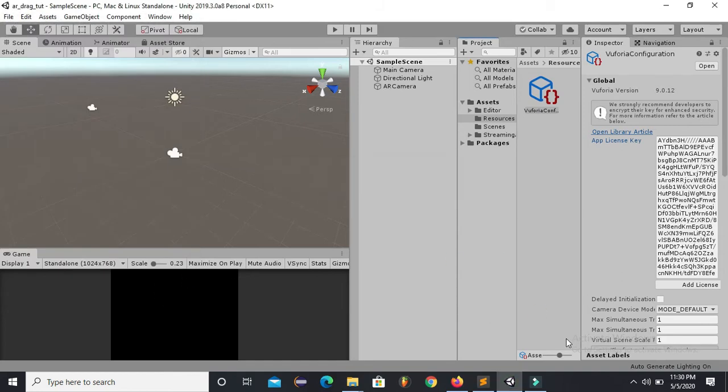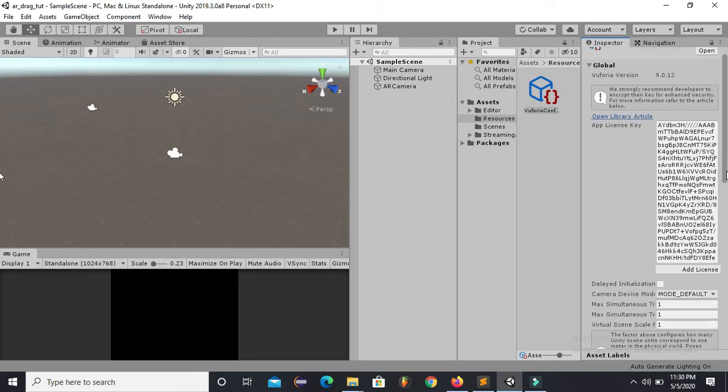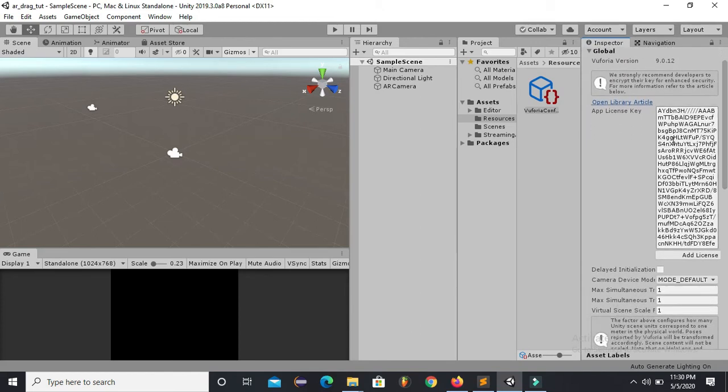And if you don't know how to create your image database and how to get this license key, I have given a link to the video which I've already made on this topic, through which you can easily get to know how to create this image database from Vuforia, and how to get this license key.